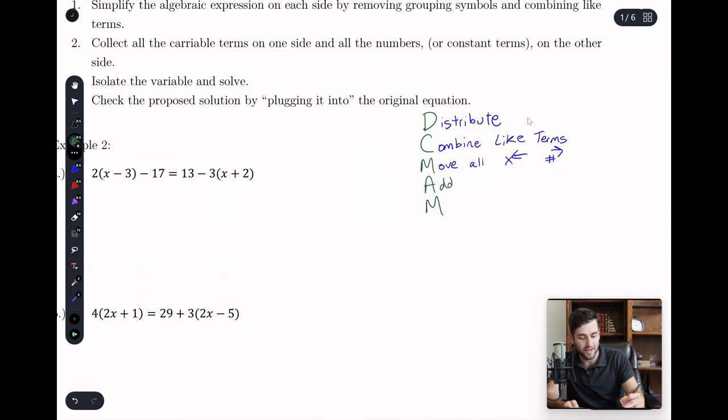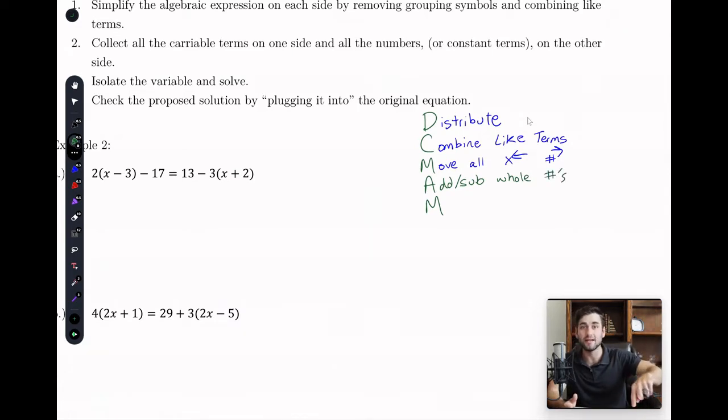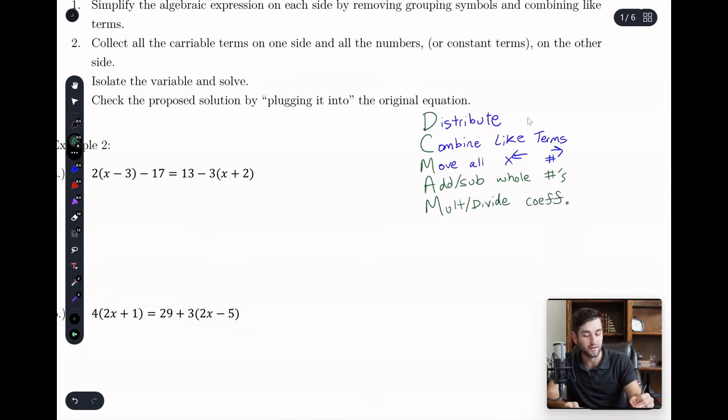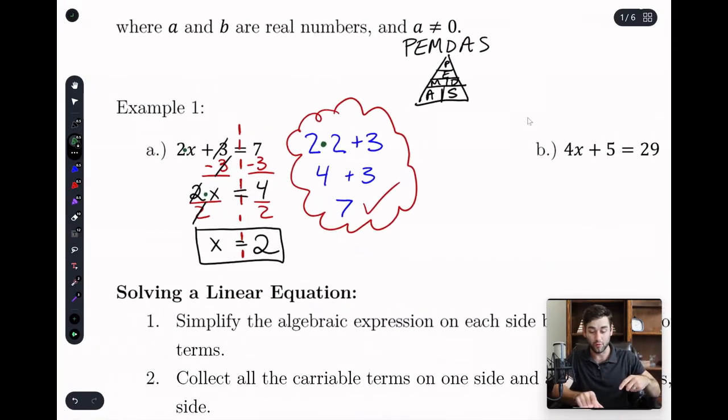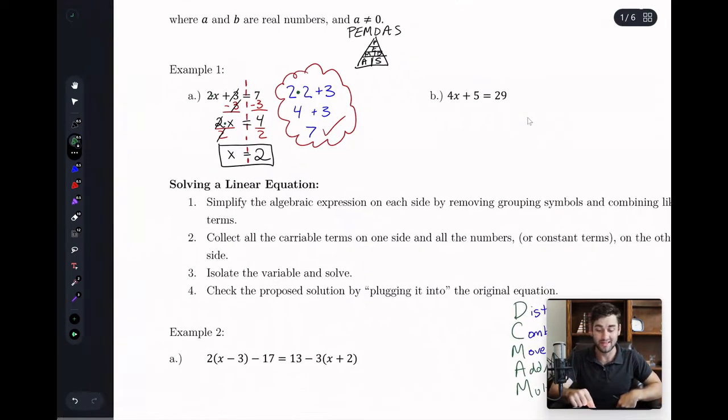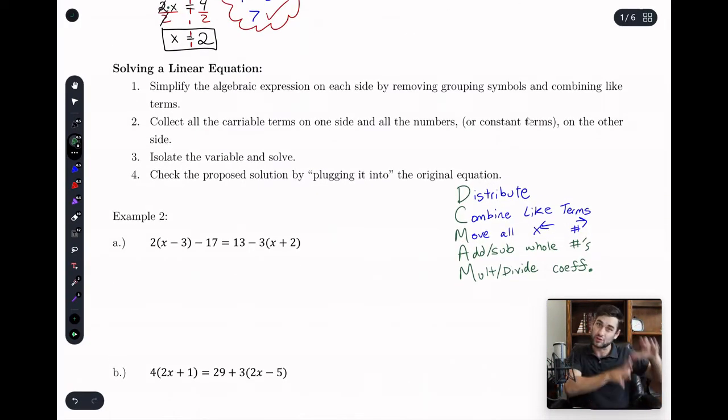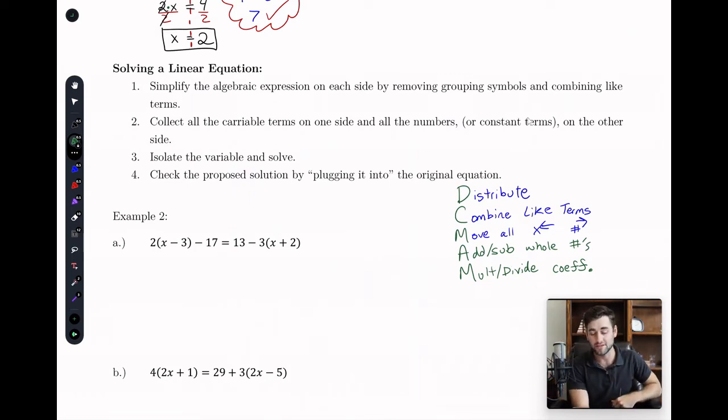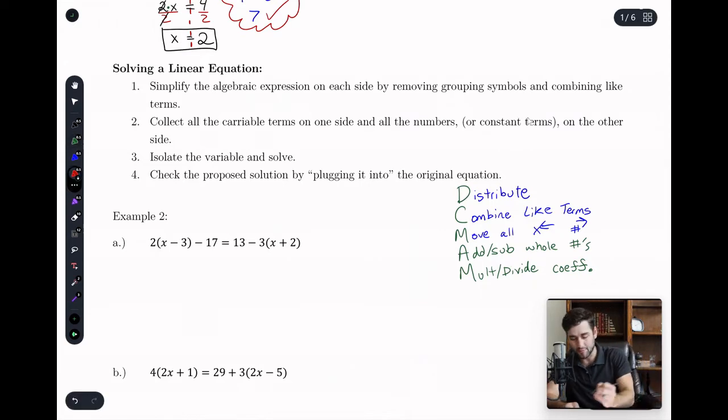Then the A stands for add or subtract whole numbers. And that's what we just did. Once we get to these green lines that I'm writing right now, that's what we just did in that first problem. And then M stands for multiply or divide the coefficient, which we also did. The add, subtract the whole numbers, that was right before where we added or subtracted 3. And multiplying or dividing the whole numbers was when we divided by 2 to get the x by itself. So that's a shorthand version of what the book gives us for solving a linear equation. They're both good. They're both the same exact thing. They just use a lot more words. So let's watch this and see what happens.